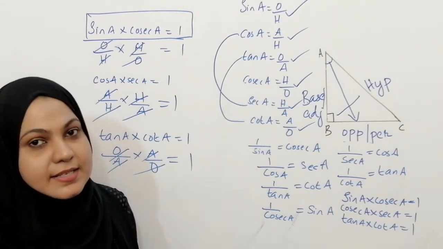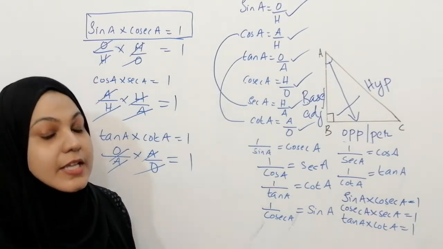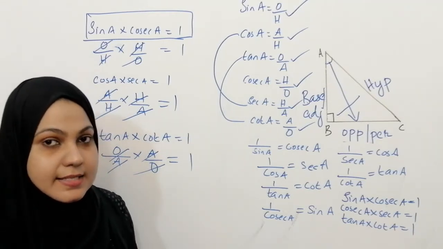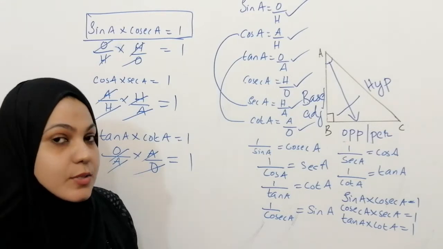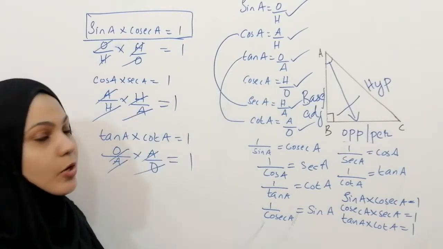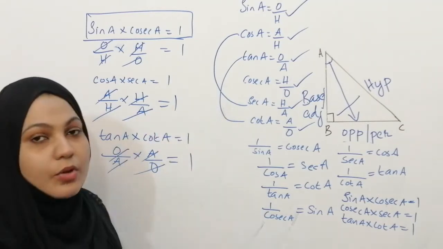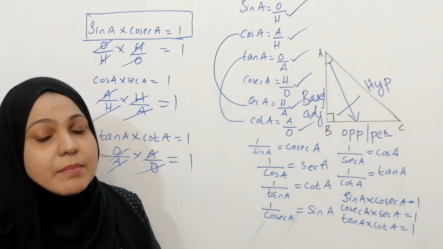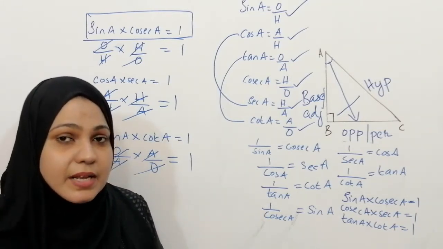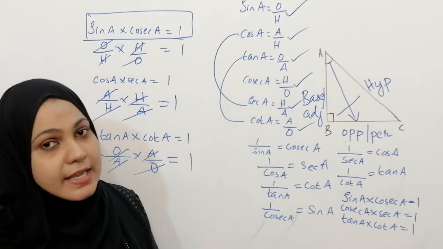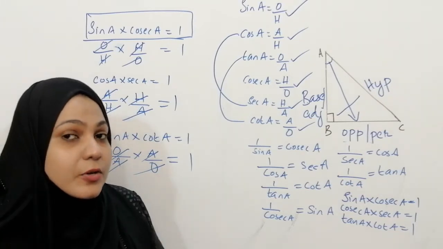From this you can understand what I said before. You have to learn these tricks very nicely. So using these tricks, you can write the first 3 trigonometric ratios. Using these trigonometric ratios only, you can do everything. Many of them will say trigonometry is a very hard chapter, but actually it is a very easy chapter. If you understand the concept very clearly, this chapter is really easy. So for that, what you have to do first?